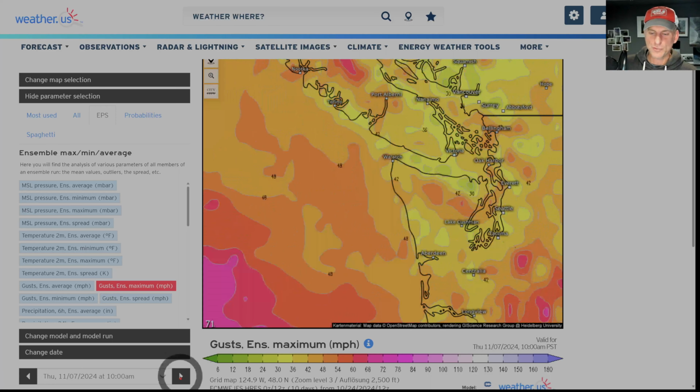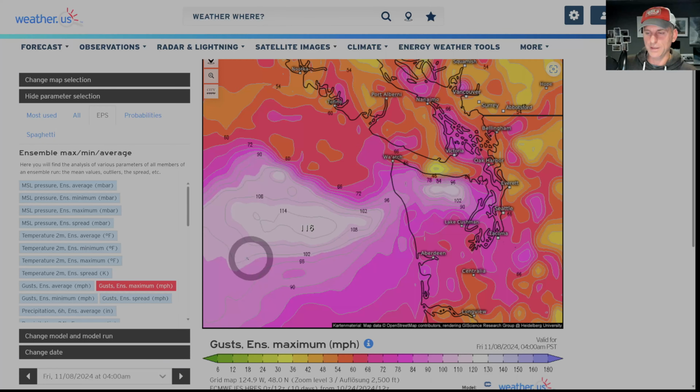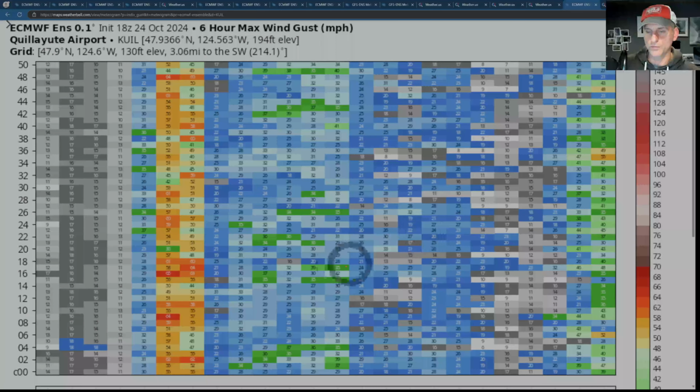So that's why sometimes you see things on social media. You've really got to know if you're looking at something that's been totally cherry picked. Can you imagine if I went on Twitter or Bluesky or just on YouTube and I started making a forecast and showing this ensemble member here and just said, hey, look at this huge windstorm coming on November 8th? There'd be a portion of people that might not know better, and they start to believe that here too. So it's a pretty big responsibility being a forecaster and dealing with all these tools, no doubt.